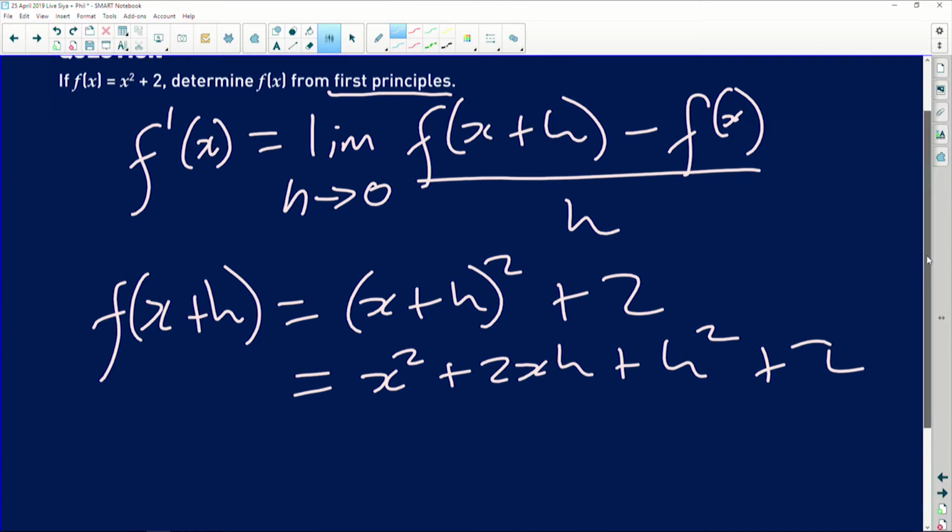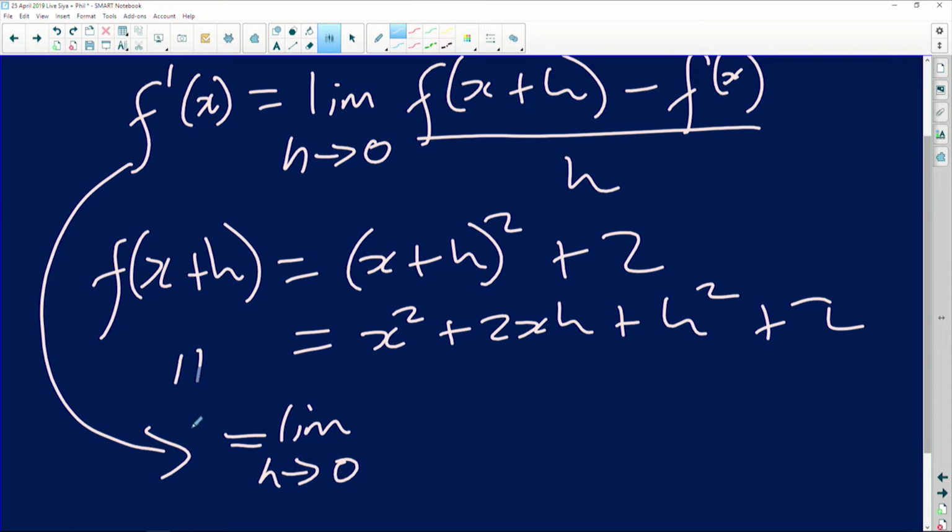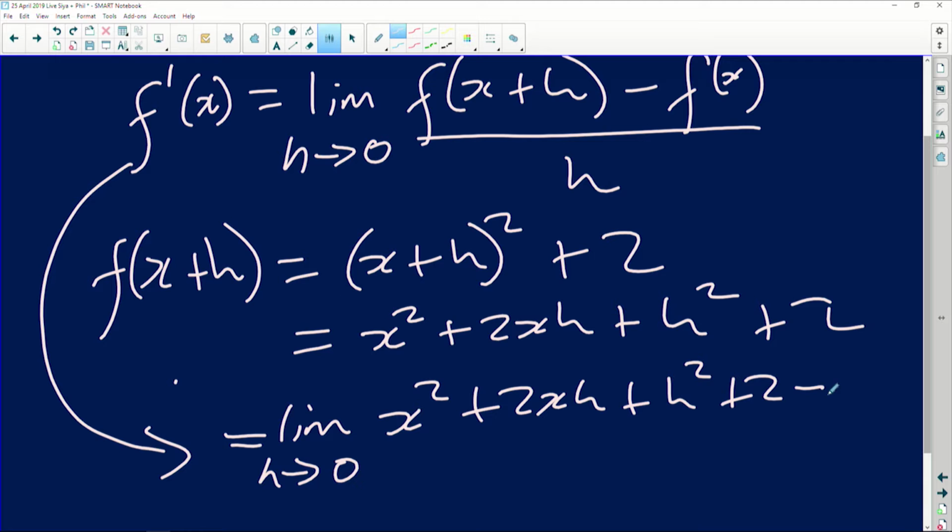So what I'm going to substitute in my formula is going to be equal to, going back to this particular formula that we have there, the limit of, please remember to include the limit. Never use these lines. Normally people use those lines just to show that it is continuing from what it was, so right now we're not using that. So this is going to be x squared plus 2xh plus h squared plus 2 minus the whole thing, which is x squared plus 2,